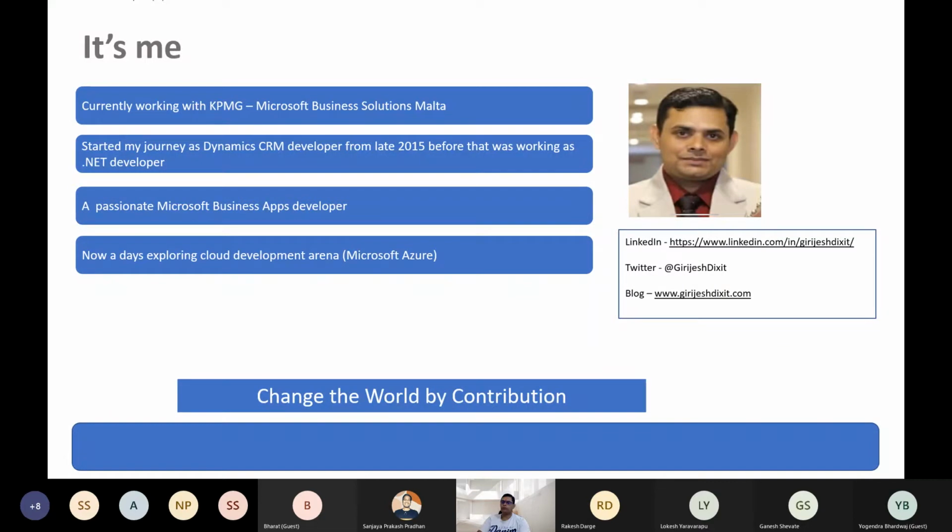Nowadays, I'm exploring Azure a bit. Basically, I'm learning Azure because in the future it's going to be cloud. If you're good in the cloud, then you can easily build bridges by which you can connect two systems, as well as data flow systems like Azure Data Factory in Azure. So that's a core interest area nowadays.